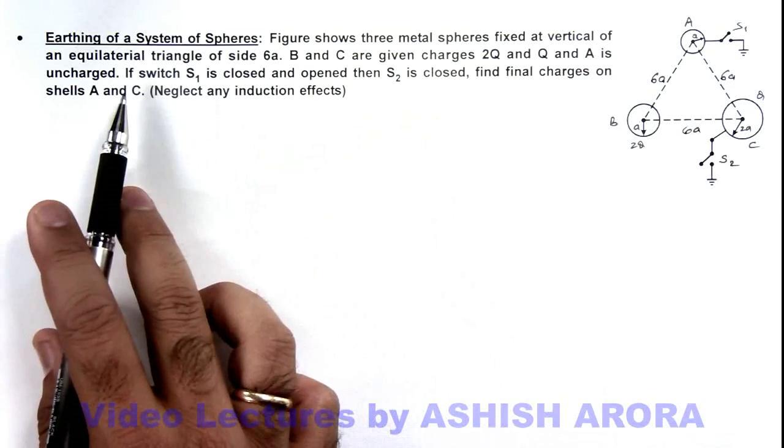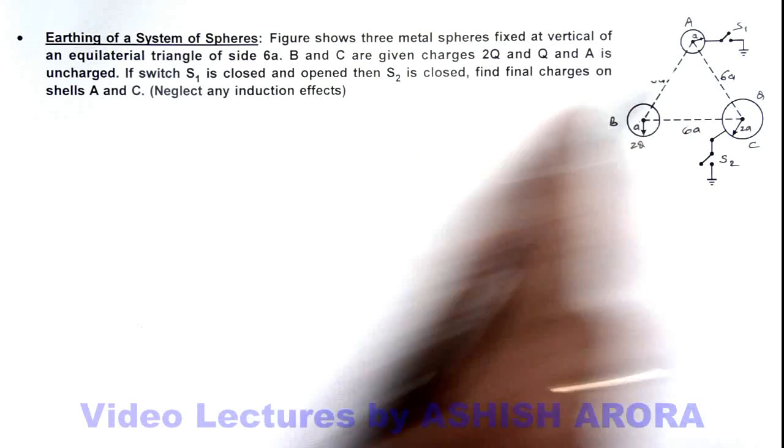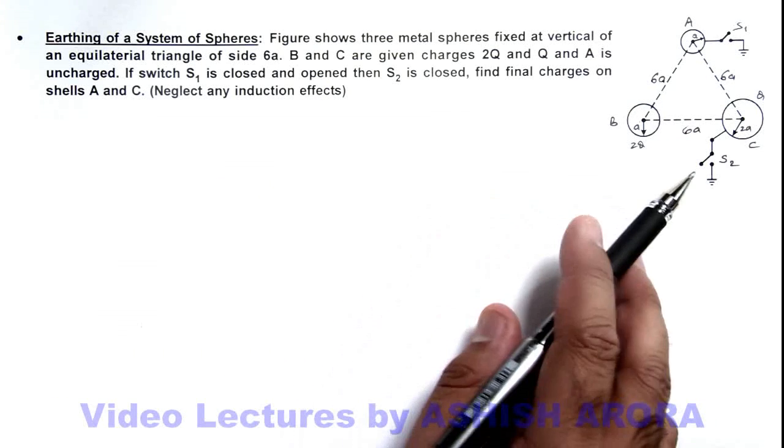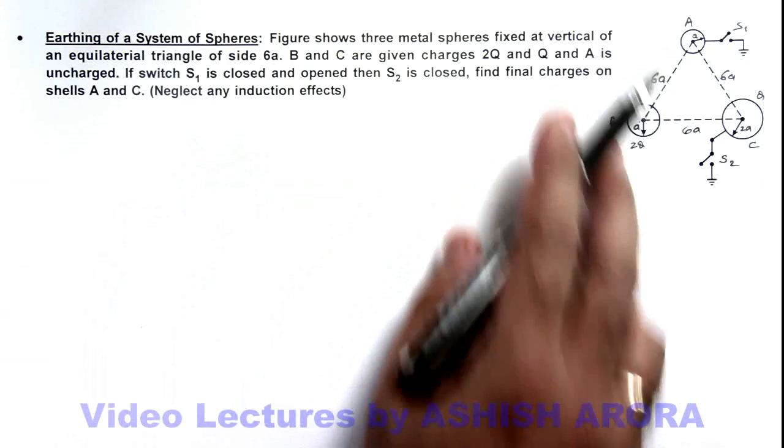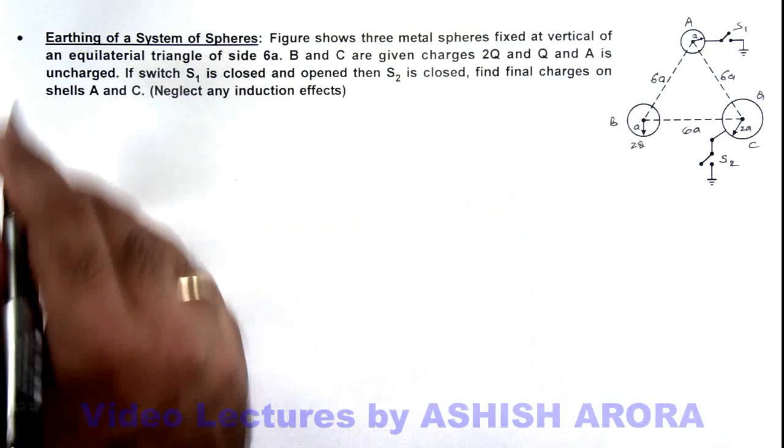And it is saying if switch S1 is closed and then open, and then switch S2 is closed, we are required to find the final charges on shells A and C. Now in this situation,